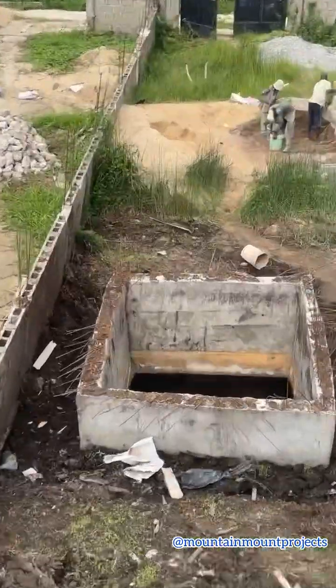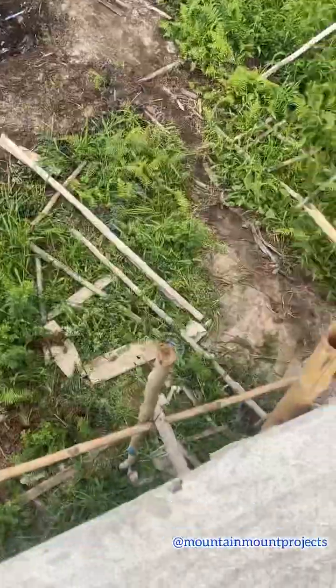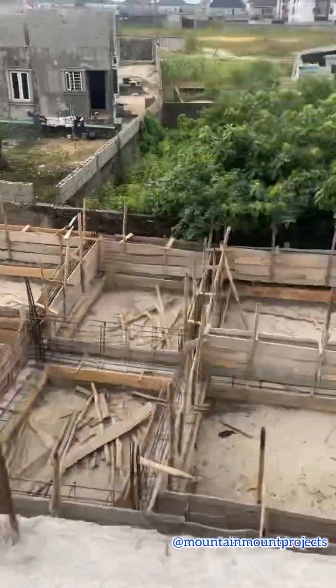You see, they have not plastered inside there because that's the toilet. The toilet where there will be tiles and the kitchen where there will be tiles, you need to make sure that it's not fully plastered. Even if you want it plastered, it needs to be roughly done, not smooth. So you can see they are fetching the materials, the sand and the cement that is going to be used